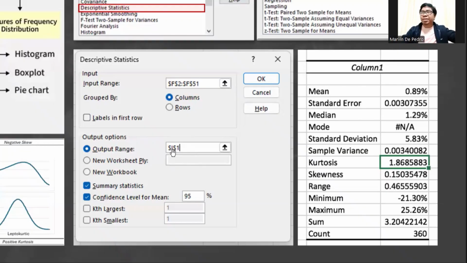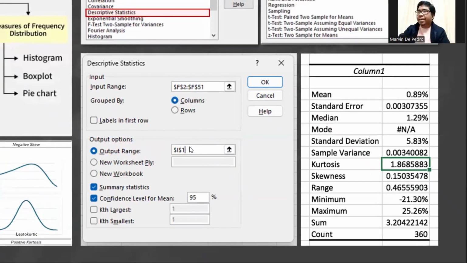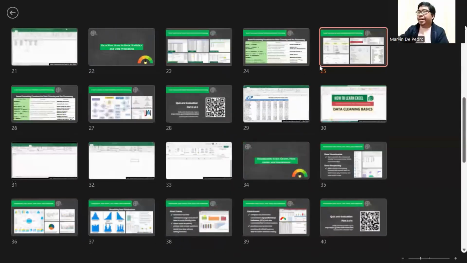Also very important to check the summary statistics, or maybe you can also check the other ones here, but the most important one is the summary statistics. Once you click OK, this one will come out in your selected cell. And we have a video showing how it works. Okay, and that's for our descriptive stat.